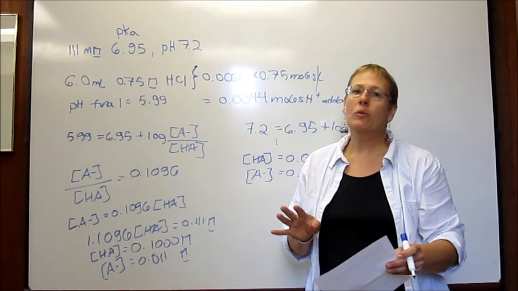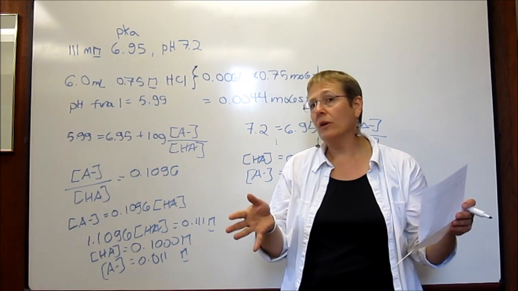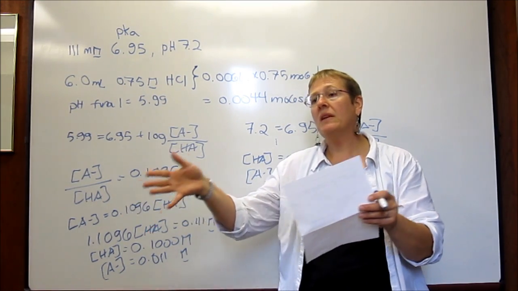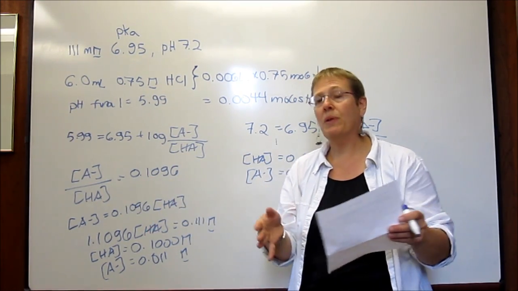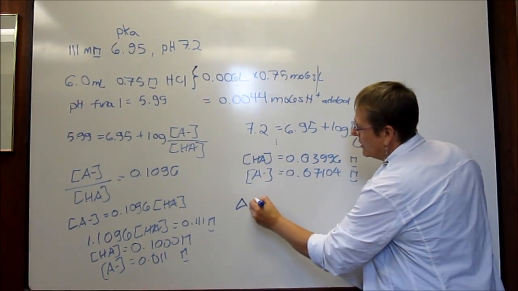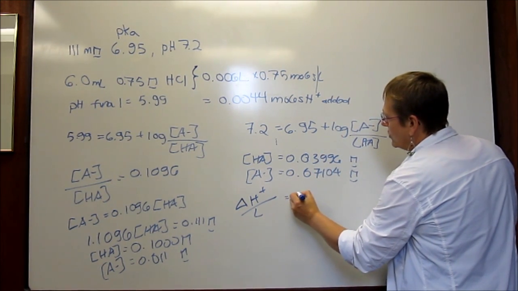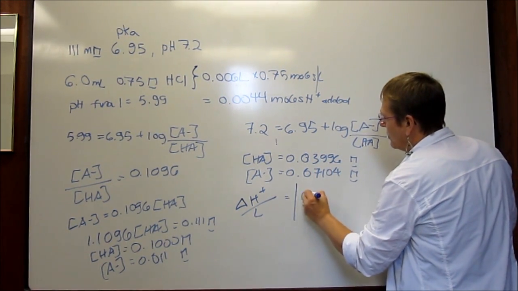Now comes the part where you have to actually think a little bit. I think there's a bunch of different ways you can do this, but this is the way I figured it out. I said, okay, what if you had a whole liter of the buffer? What would be the change in the amount of H plus? So the difference is what I'm looking for, the difference in H plus per liter. So that is equal to the absolute value of